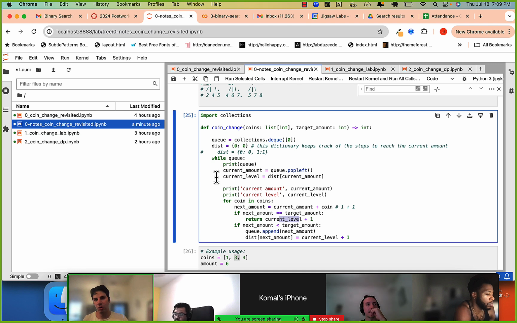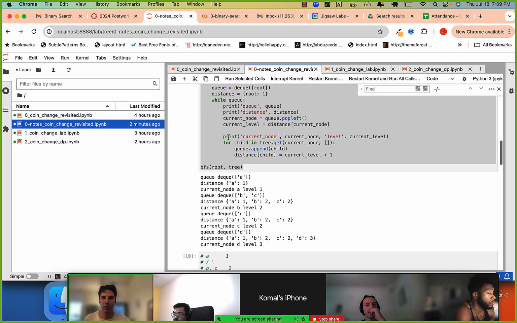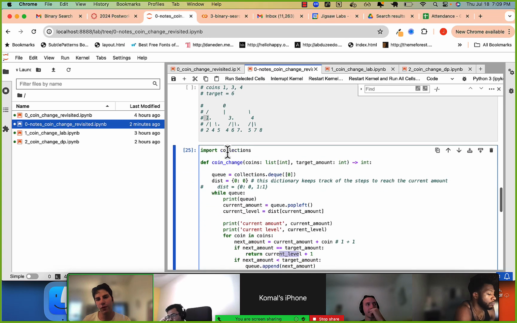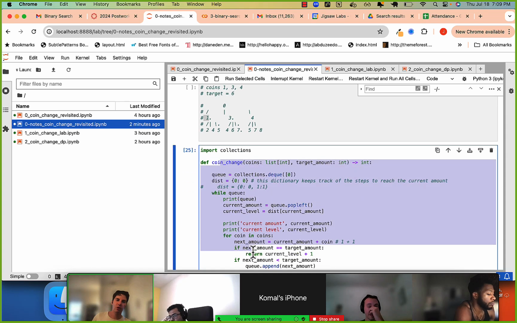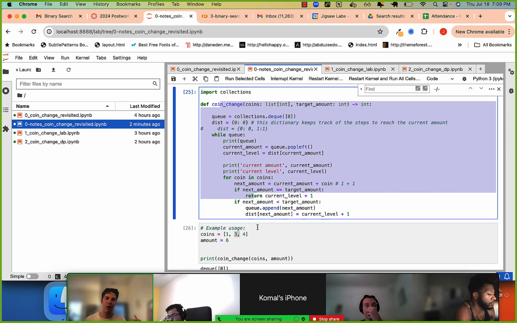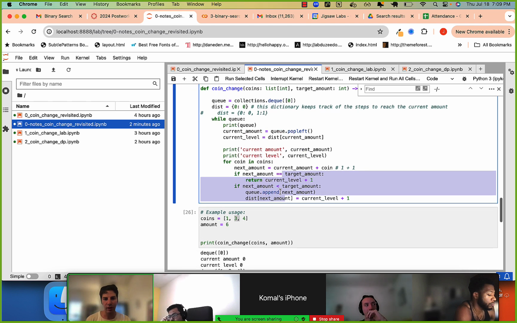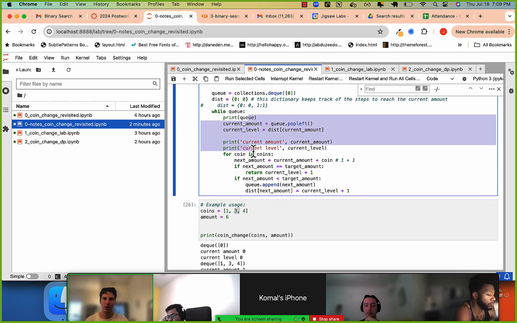Okay? So the reading has you go through these steps of first breadth first search, then breadth first search with levels, finally breadth first search with the coin problem. This isn't the only problem where you can use breadth first search, and basically have to use breadth first search to solve it. So that's why we're going through this. This isn't just to challenge you. I wanted to go through this because